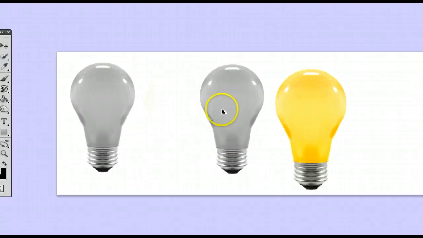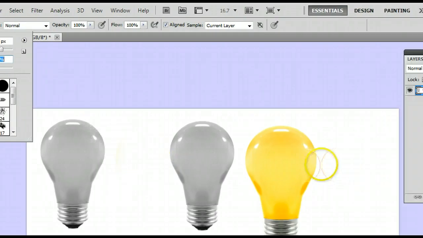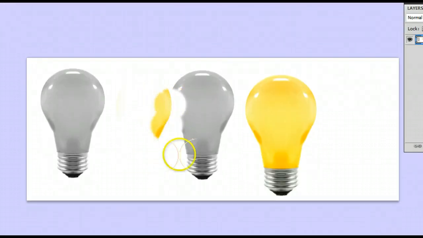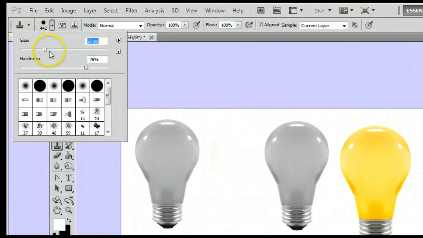And now we can fix that by selecting a brush with more hardness. Say we'll bring it up to about 70% or so, and select your source point again in the light bulb and select it right at the edge this time, so you can get this in and you can see where this is going in. And you will see if I click, because my brush is so big, it's going to put in all that extra white space. If I use a smaller brush, maybe not that small, but let's go with that size, and